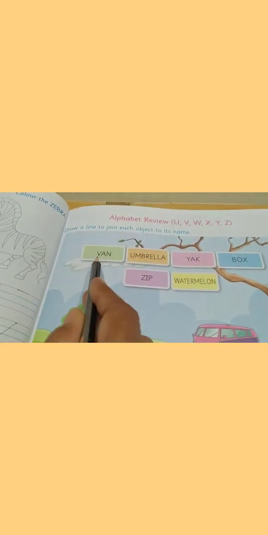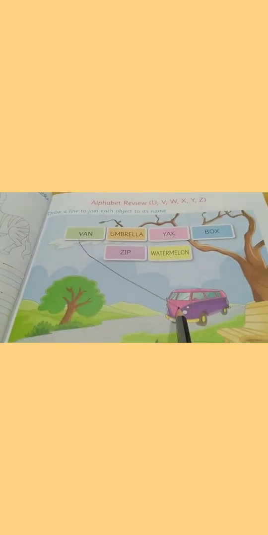Okay, now see here. V for van. Where the van is? See here. This is VAN, van, no? See, this is the van. Have you got it? Yes. Now umbrella. See here. This is the umbrella. UMBRE. If you are not understanding the full spelling to read, first alphabet you can understand and you can write. U for umbrella. See here. This is umbrella. Have you got?